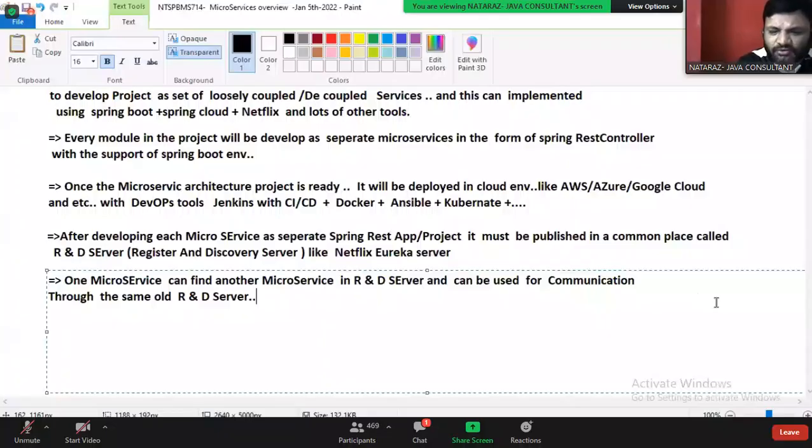So for us, Netflix is popular only for OTT business, but it does not mean Netflix means only OTT.